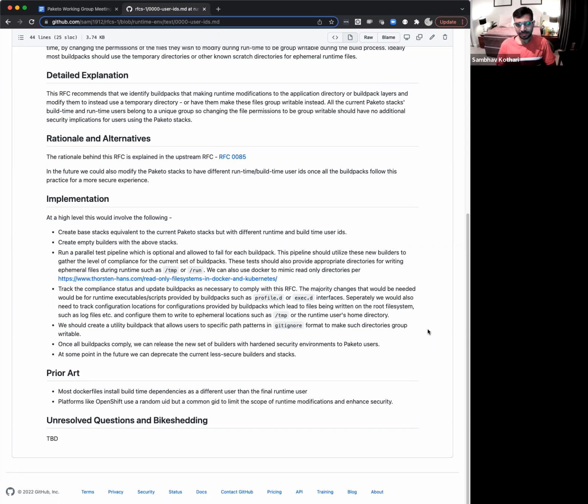So that's the current plan I've outlined. I am not quite sure about the last two points. That'll depend more on how the Paketo users and team feel, but at least this will introduce, for buildpacks that don't need to write things and we can change their behavior without breaking users, we should at least try to aim for that.